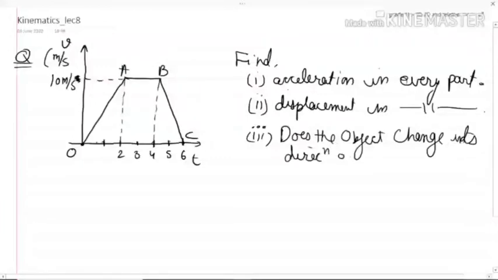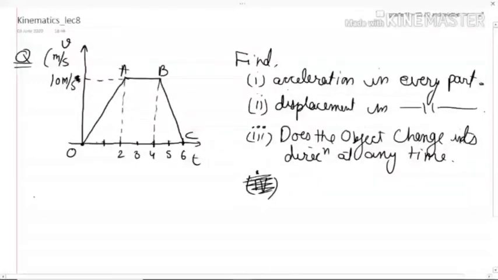Of course it does. It does not at any time. It's a vt graph. It's not an xt graph. So basically, these are the type of questions which can be found on this particular VT graph.